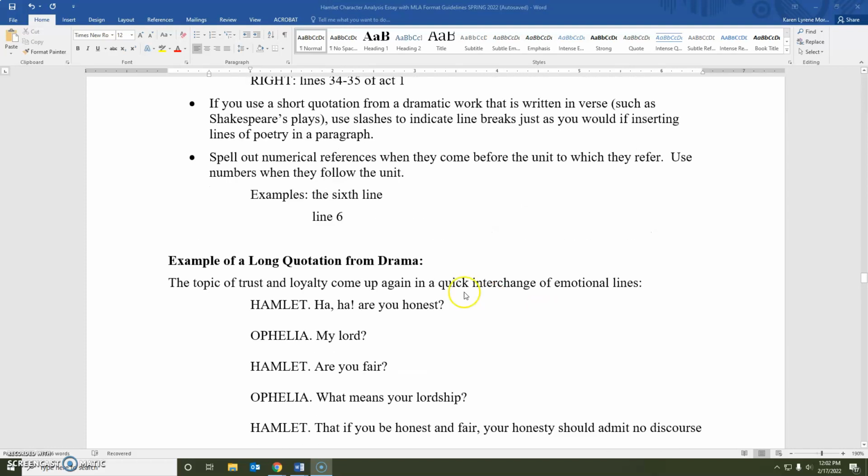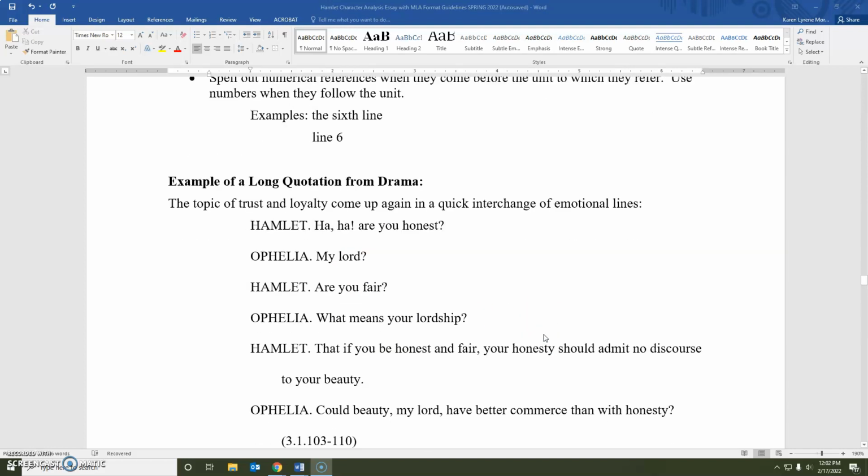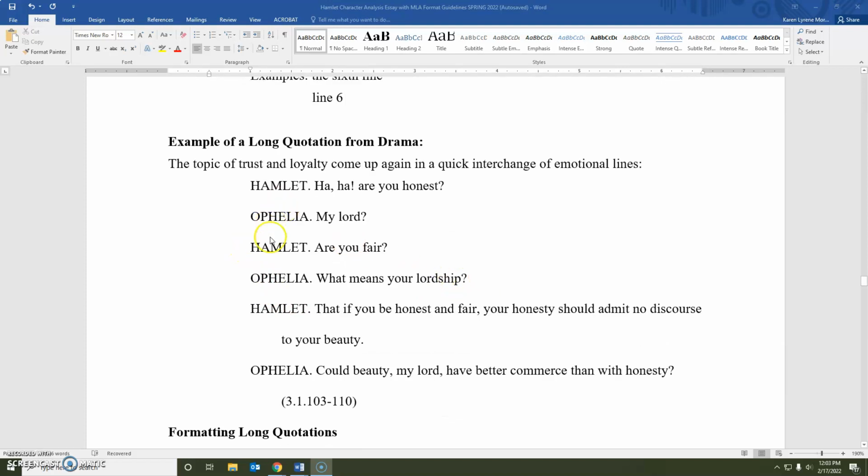You can see how to quote the lines that are dialogue. So make sure that you give the person you are quoting, or the character you're quoting, credit with their name in all caps, which is weird. Most of the time I will tell you if you see anything in all caps, it's like it's yelling. But when we are giving the character names to quote some dialogue, we use all caps, followed by a period, which I also find strange. But that's how it goes.